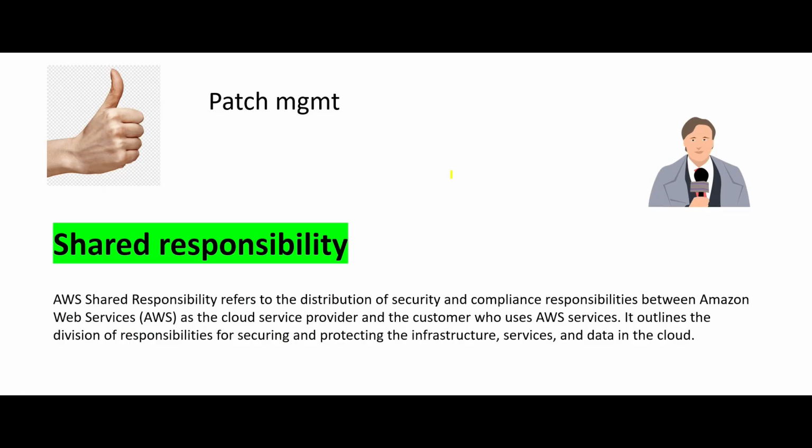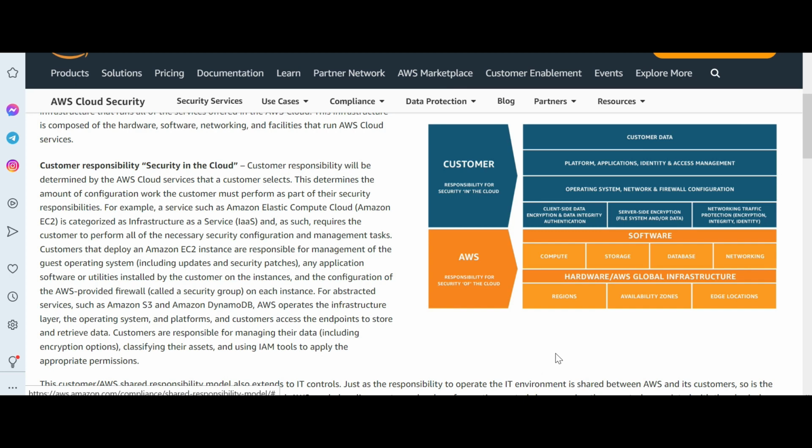As a part of that, patch management is AWS responsibility. You see this here. If you look at any of the software management on the compute, storage, database, networking, or hardware availability. Hardware means you as a customer will not even have access. Where is the data center? What is the address? Will the security team allow you to get in? No, they will not allow. So how can you get in? Then how can you do your job? Because you don't have to. You only do the stuff which is marked blue in color.